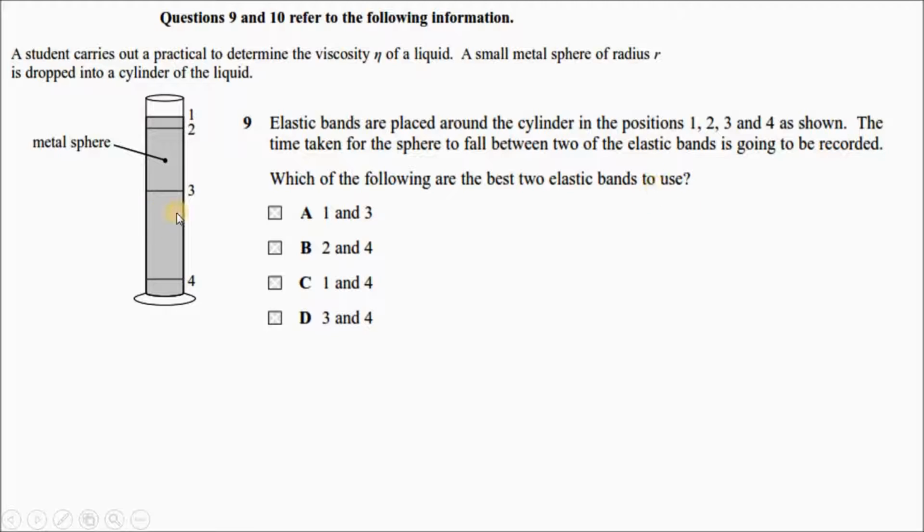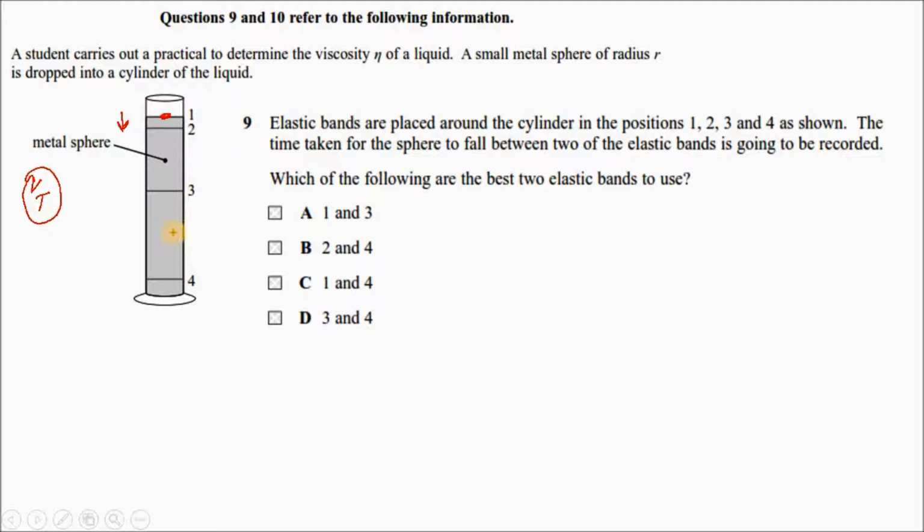Remember, this is the most typical type of question on viscosity and terminal velocity. The accuracy all depends on the measurement of velocity, especially the terminal velocity. So what happens when you drop a sphere? Initially, there is an unbalanced force, and the sphere is continuously accelerating, and after some time the forces are balanced, and then the sphere starts moving with constant velocity. So when we talk about the terminal velocity, we take the interval